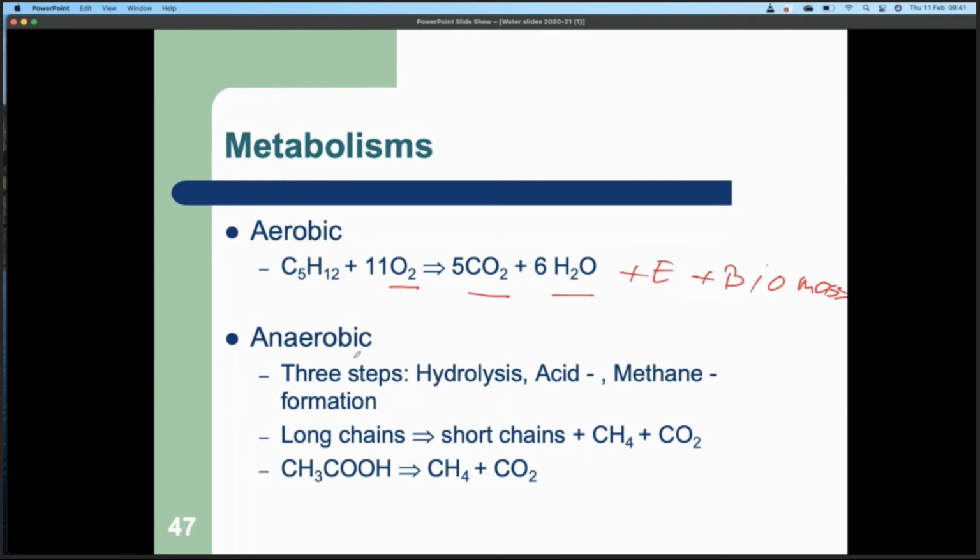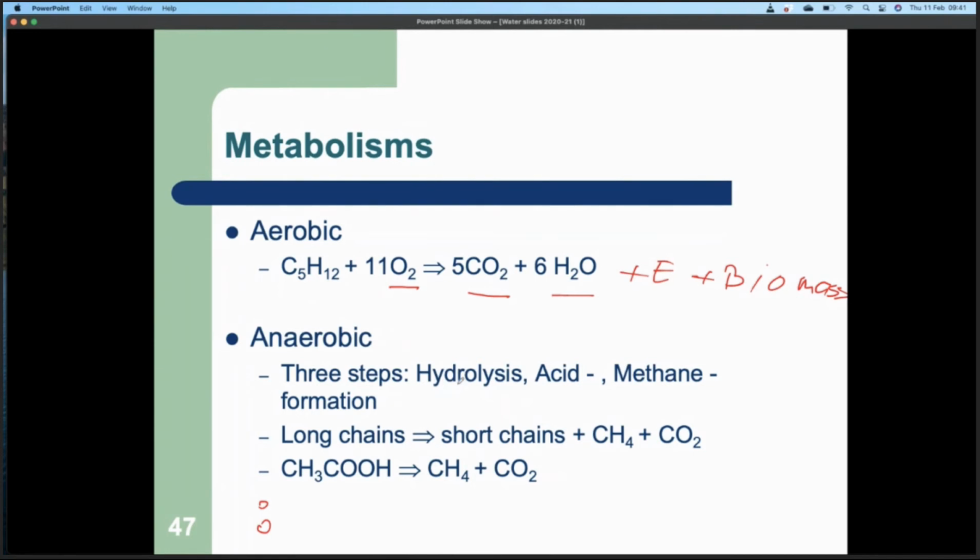Anaerobic bacteria, and I'm not going into anoxic here, are very different in that you see different steps here, 3 steps. You could also break this down if you wanted to in 5, 6, or 27 steps. It depends how far you want to go into the biochemistry. But for me, it's either referred to as 3 steps or 5 steps. If we stick with a simple one, just for the purpose of describing what happens in anaerobic digestion, then really